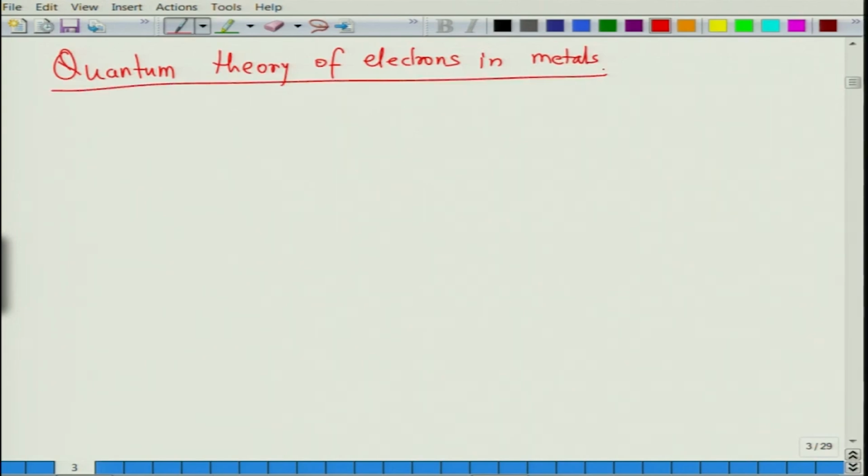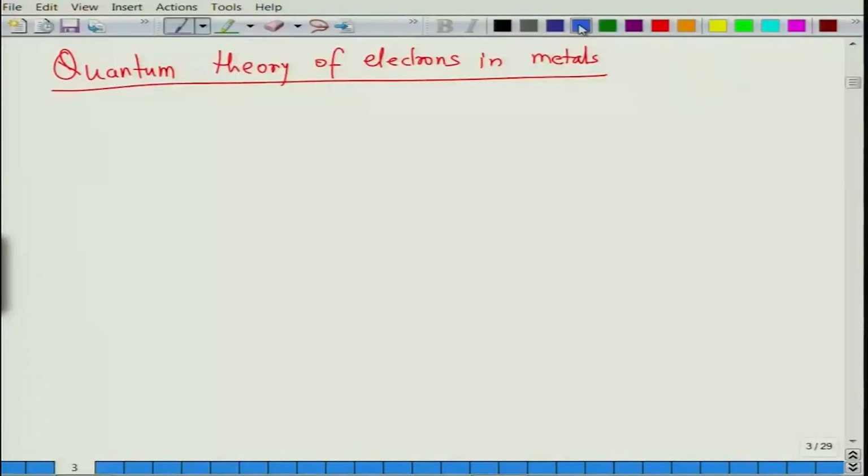So, one way to go about quantum theory is to take the help of the Schrodinger equation and do the wave mechanics, but that is more elaborate and beyond the scope of this course. So, here we will take a little bit of shortcut and talk a little bit more qualitatively about it. So, the first thing quantum theory does is it helps in